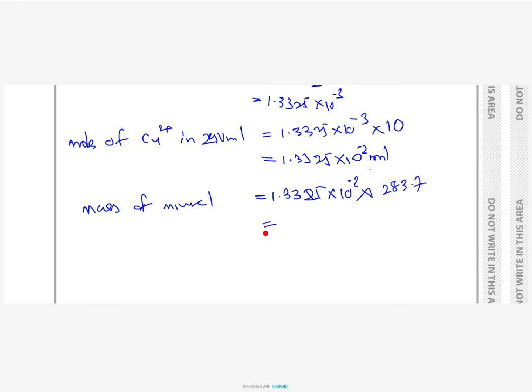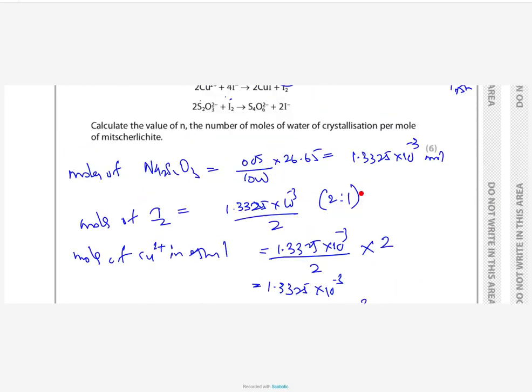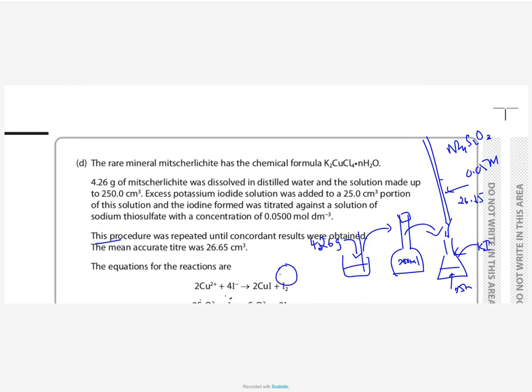283.7. So what will that you multiply by 1.3325 10 to the power minus 2. 3.78 grams. That means only the solid is 3.78 grams. How much will be the water then? The whole thing is how much? 4.26. So this 4.26 minus this value,